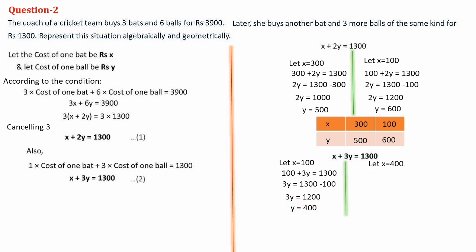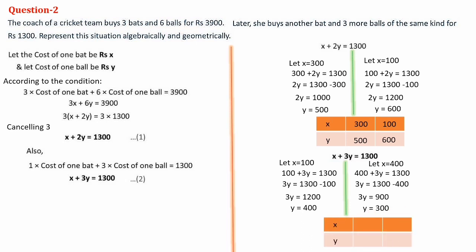Next, x is equal to 400. Here also same thing, 1,300 minus 400 means we will be getting 900. That 900 is easily divisible by 3. So that's why we are taking 400. Just through practice only we will get this idea. So just keep on practicing. So when we put x as 400, 400 plus 3y is equal to 1,300. Then 3y is equal to, this 400 will go to the right side, that is 1,300 minus 400. Then 3y is equal to 900. Then y is equal to 900 by 3. 900 by 3 is 300.